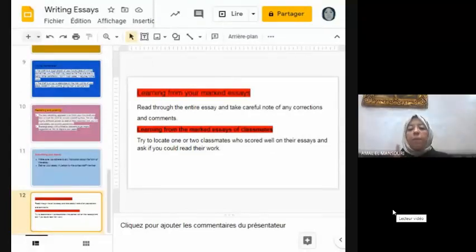Your topic sentence should not be too broad or too narrow. If your topic sentence is too broad, you will not be able to discuss its ideas adequately in your paragraph. If it is too narrow, you won't have enough to discuss. So this is something that you have to take into consideration.